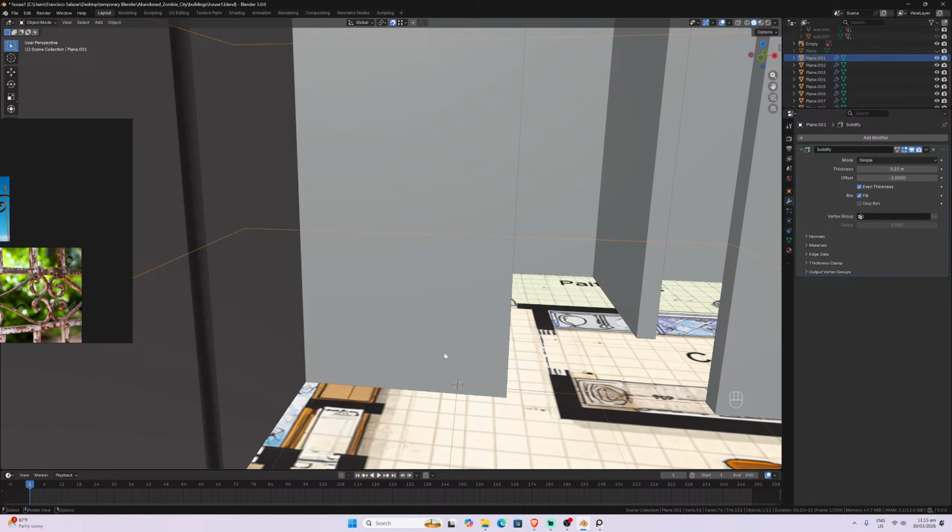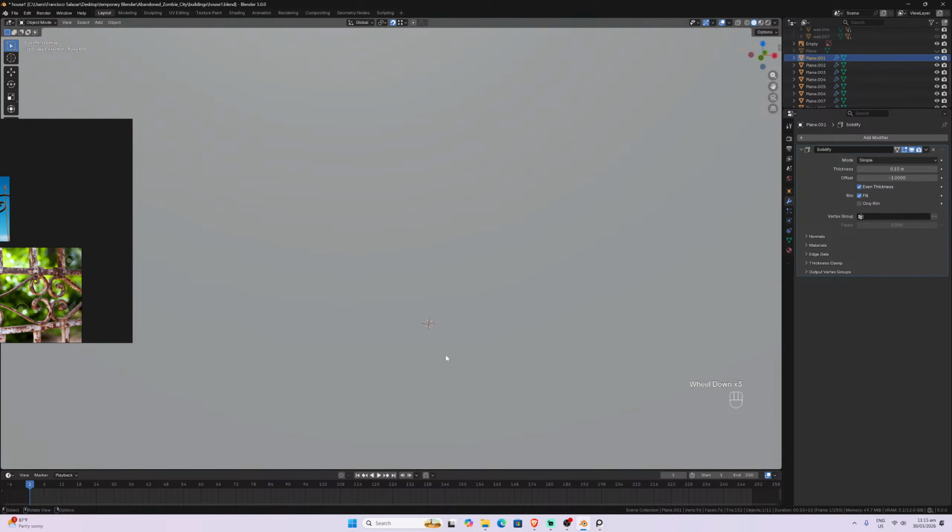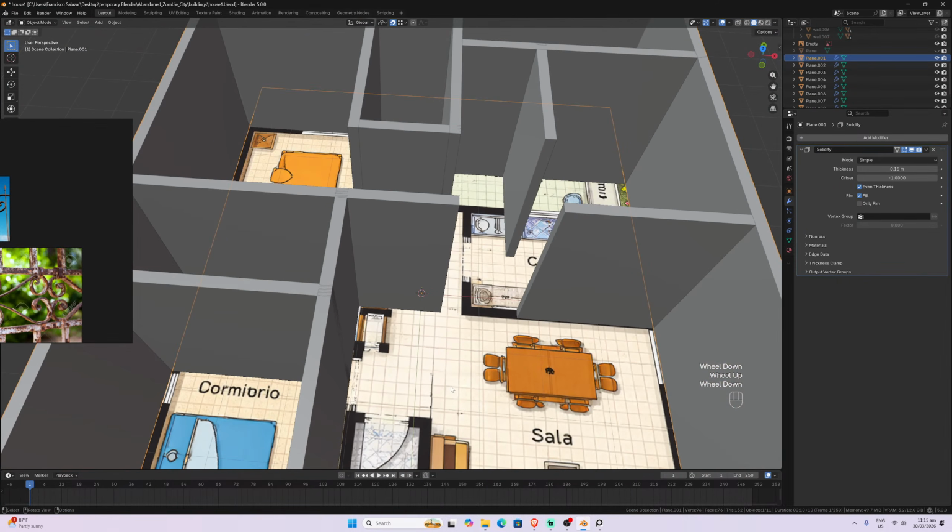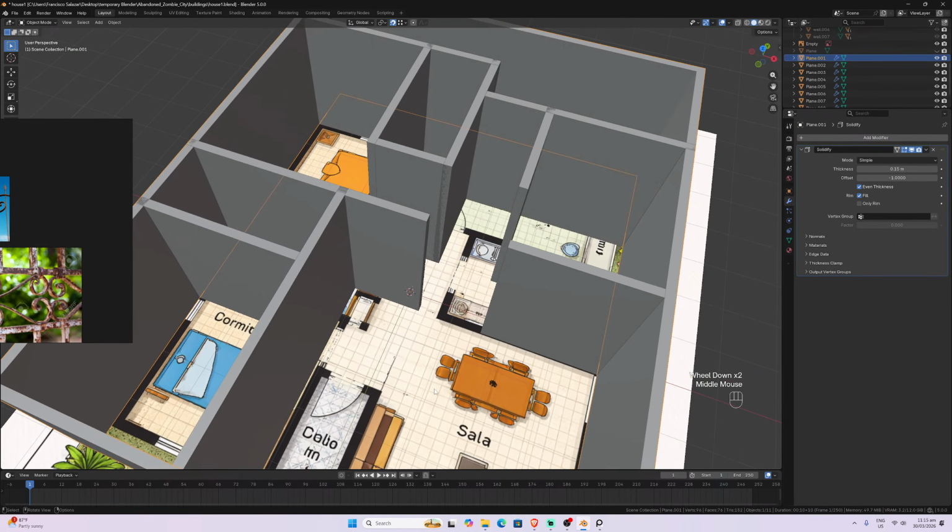I don't know if I explain it in a very good way. So don't focus on doing things completely following the same scale, because you are not an architect and you are not creating architecture plans for, I don't know, a construction. You are doing 3D art for an animation or for a game in this case, or just for renders.